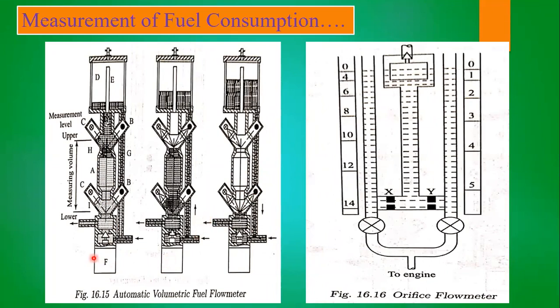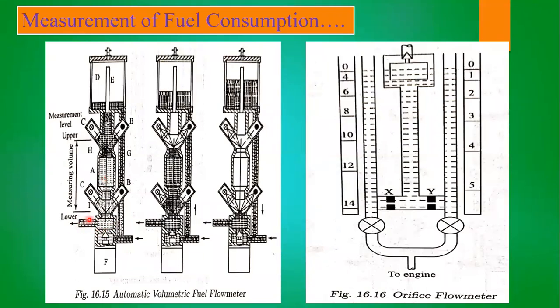This magnetic valve will help to stop the fuel from the fuel tank going directly to the engine. Whenever we need to measure, it is going to move upwards and will restrict the fuel from the fuel tank, and the engine will receive whatever fuel is consumed. It is ensured that the fuel consumption is from this measuring volume bulb only. Through this we are going to consume the fuel.